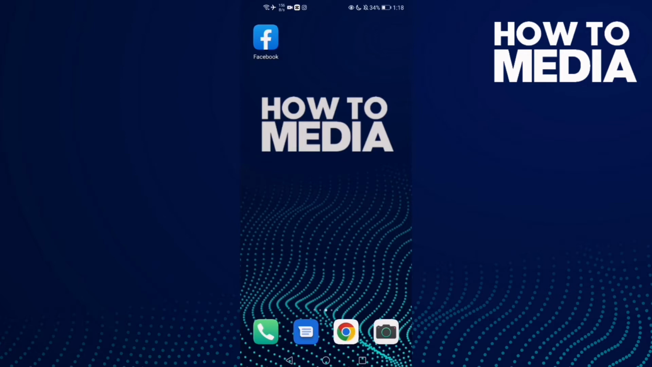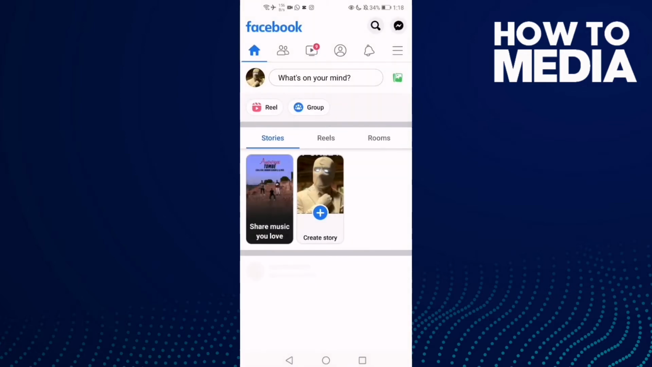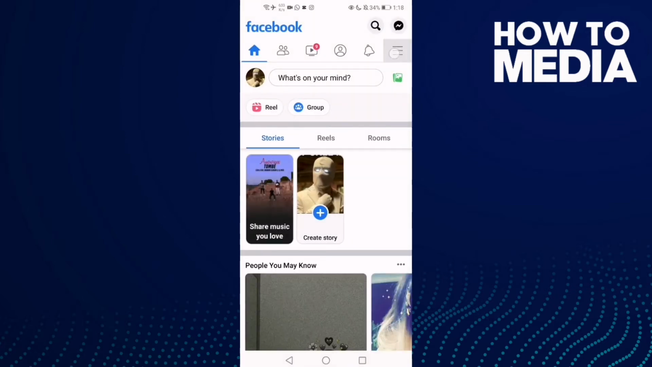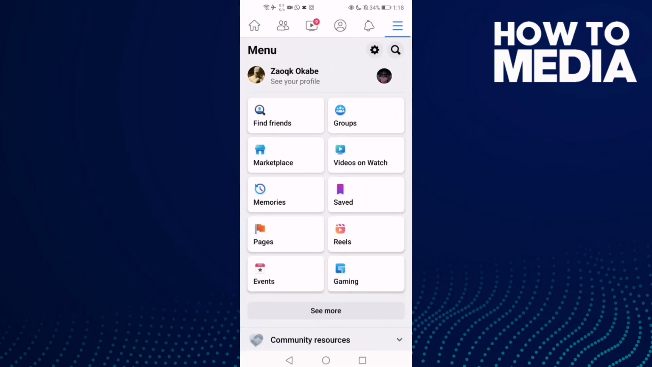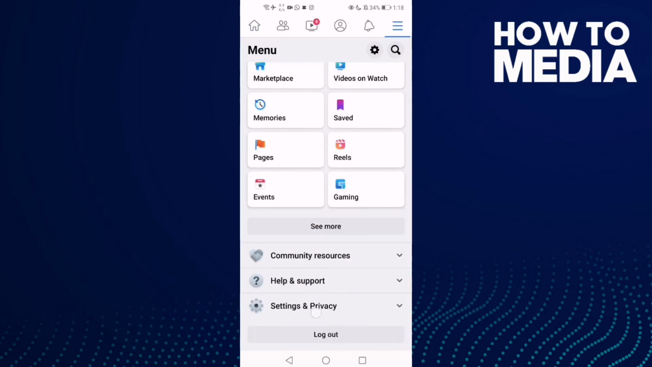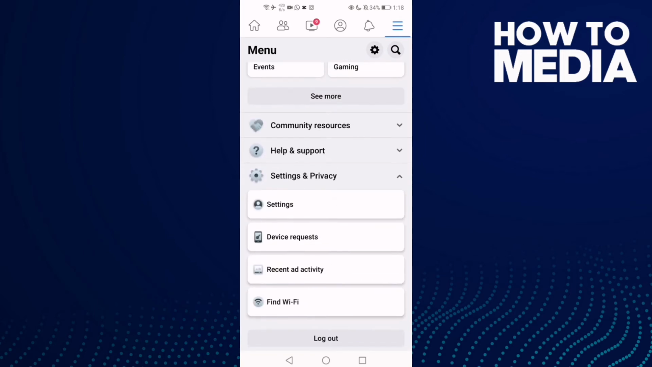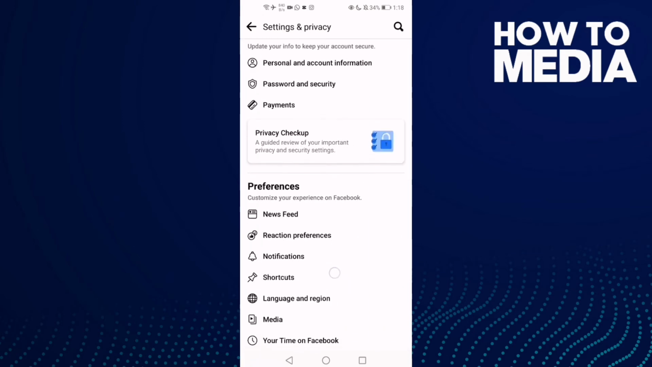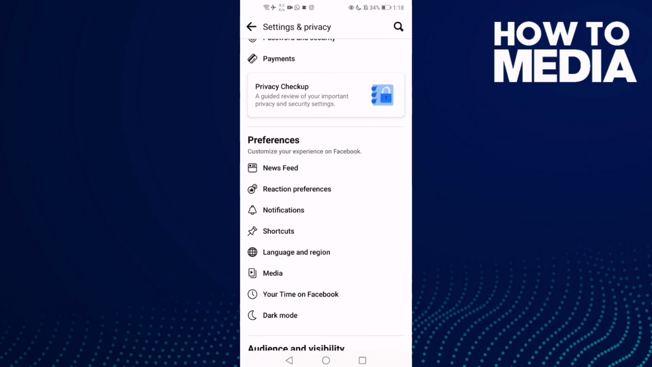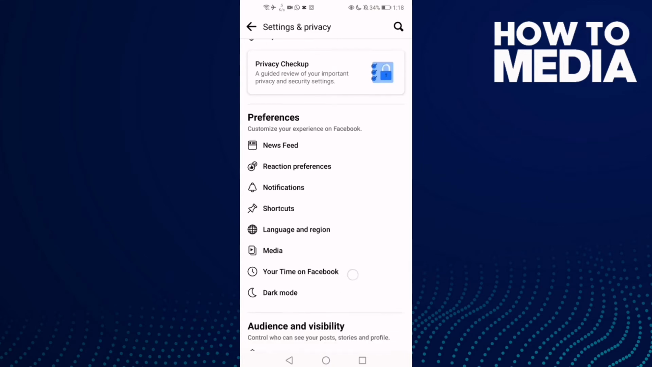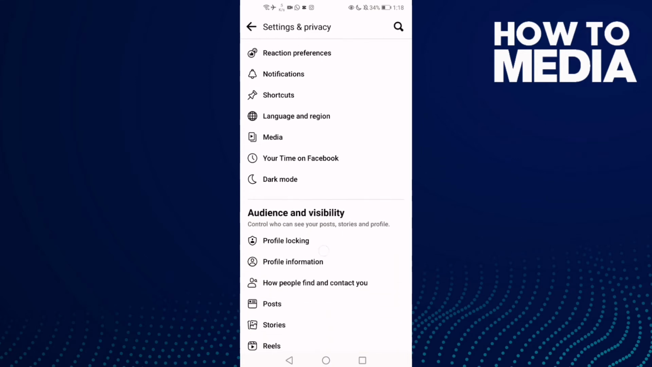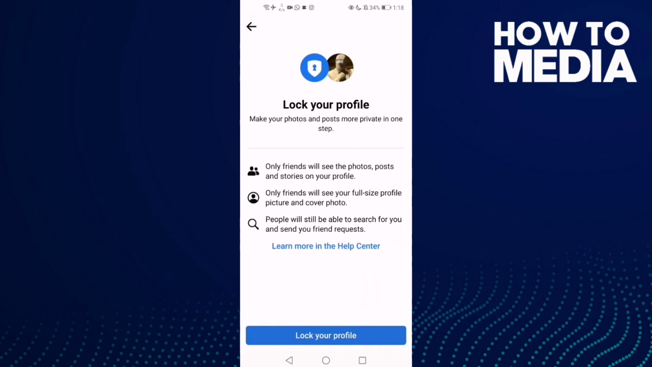First thing you're gonna do is go to Facebook and then click these three lines here, and now go down and click settings and privacy, and now click this one, settings, and then go down until you find here this one, profile locking, and just click on it and then click